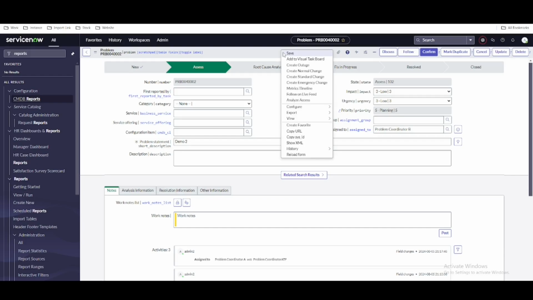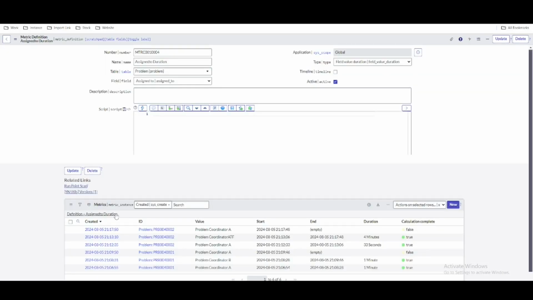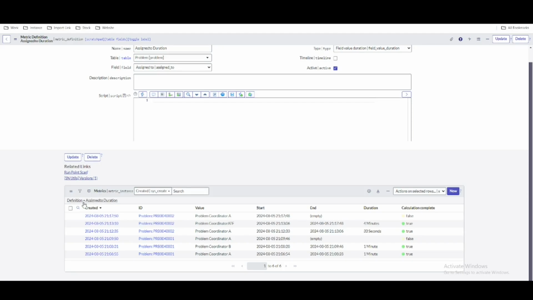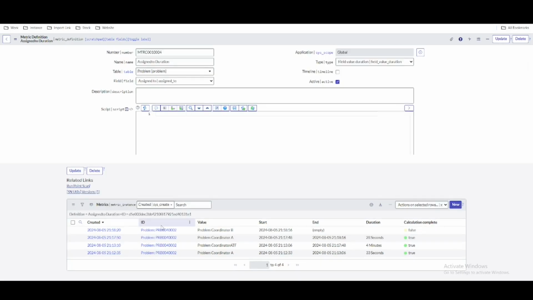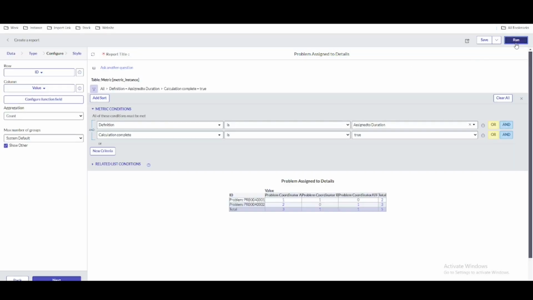Okay. So let's understand what I mean. So for this 4002 problem, you can see that if I show matching 4002, problem coordinator A works twice. The first time he spent 33 seconds, then the second time he spent 28 seconds. So sometimes he spends, right? So let's say if we go and then run the report,